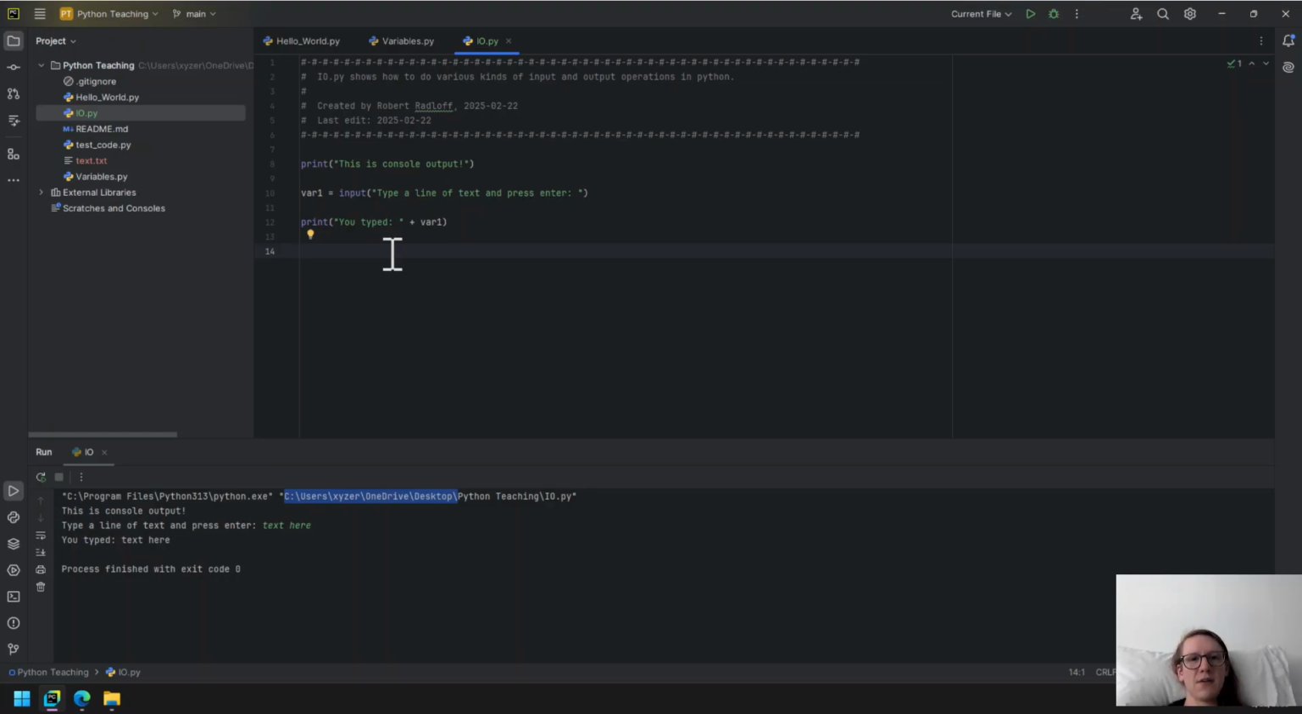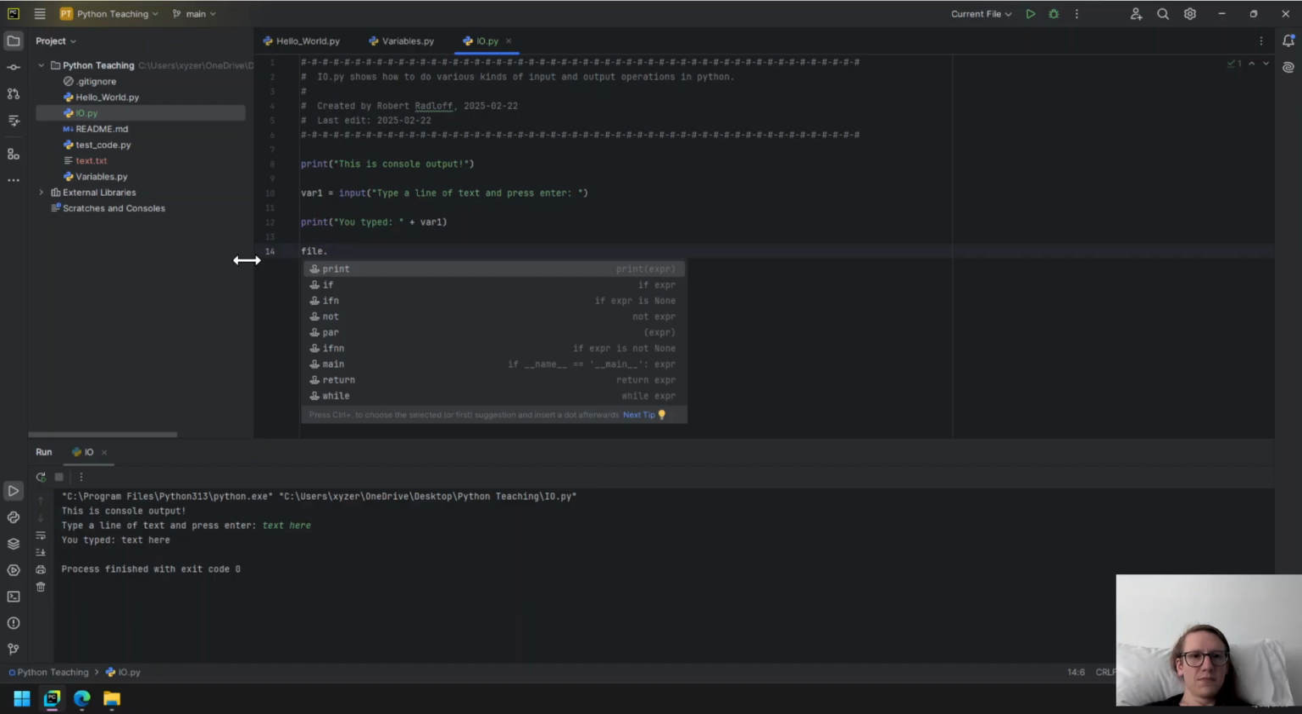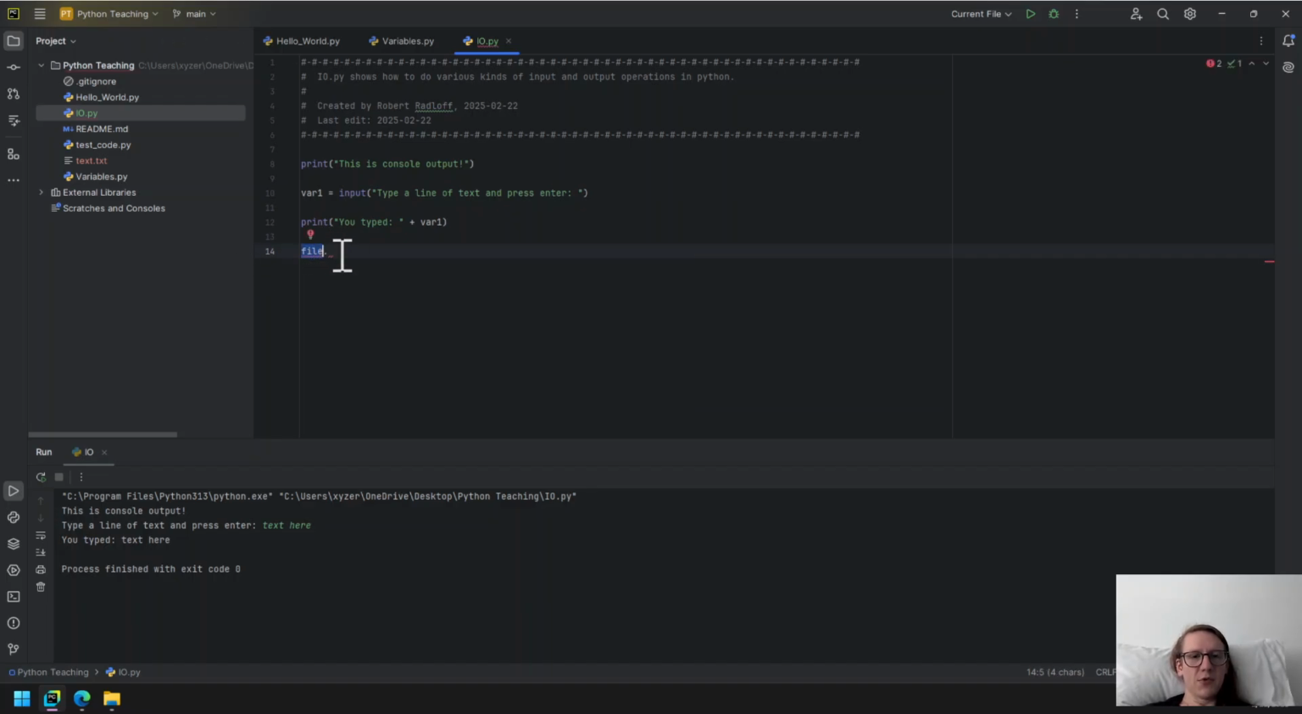With that all being said, let's open a file. I have a text file right here that I put in the same directory as this io.py that I've written. Let's open that text file. So file dot. I'm telling Python that I'm going to use this file data structure, and we're going to open, and then it will ask me for